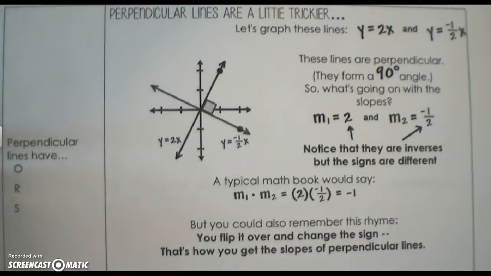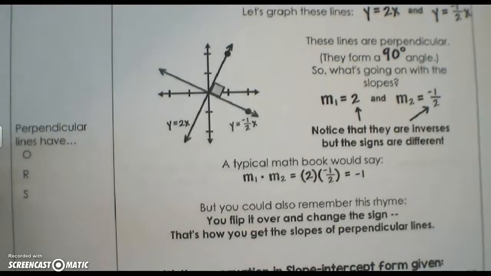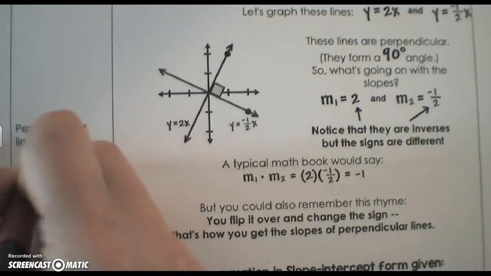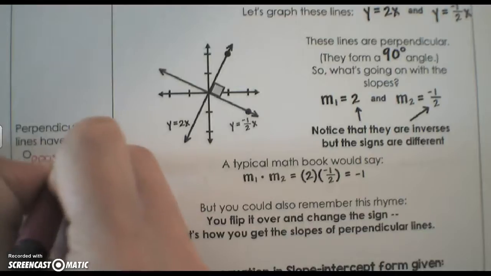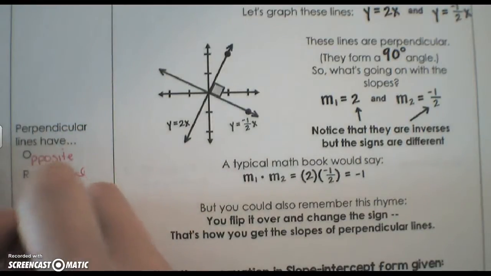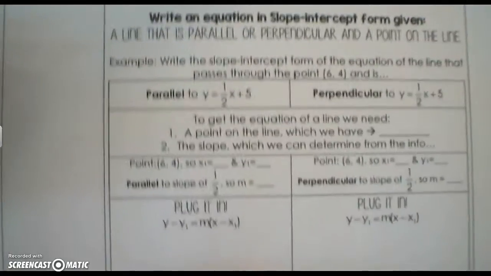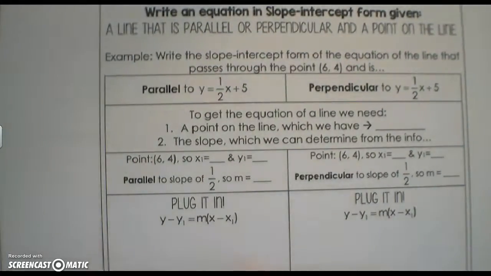So you can remember this. You flip it over and change the sign. That's how you get the slopes to be perpendicular lines. So these are opposite reciprocal slopes for perpendicular. So now that we have talked a little bit about parallel and perpendicular, let's go ahead